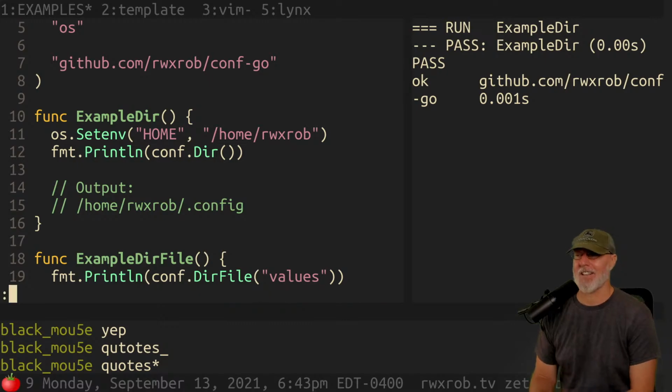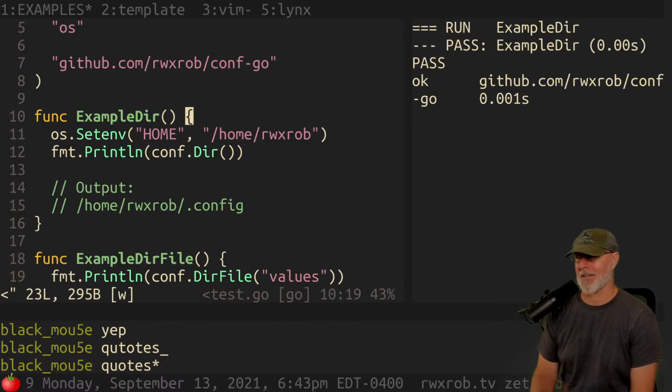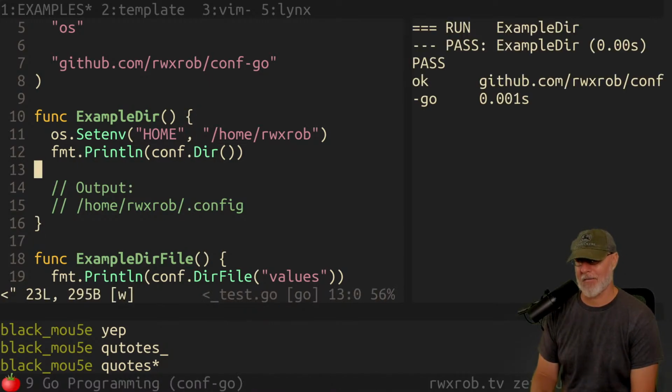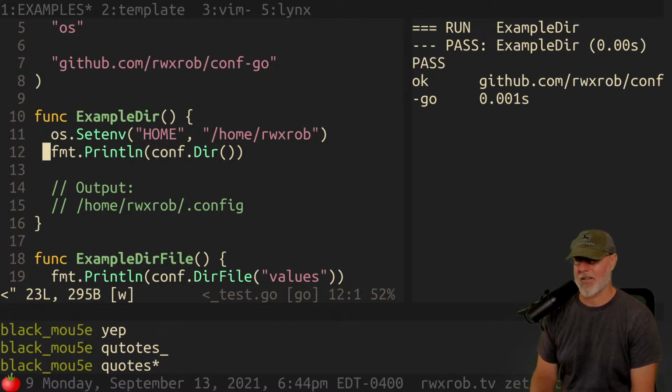We can actually use it as a hack to make our test work. So that works. That's really all there is to it.